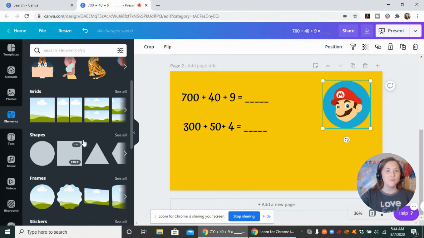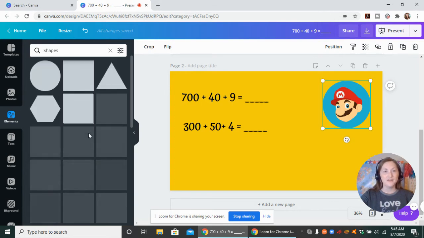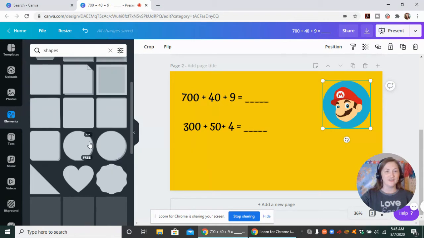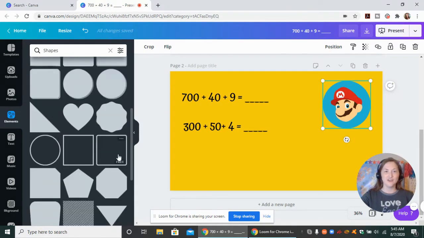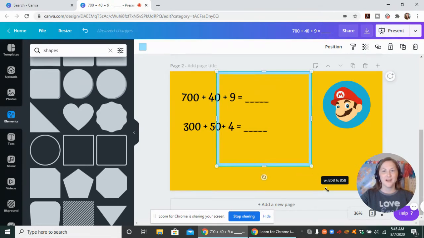Down in Shapes, I'll click See All for Shapes. There are a lot of different shapes that you can use on here, but within Shapes, you'll also find some borders that you can do around the edge of your slide. And I just find that it makes it look a little bit nicer. Rounded edges, square edges. I'll just click one of these. And you drag it again to fit. Drag the corners and make it fit. So I'm going to drag that there,